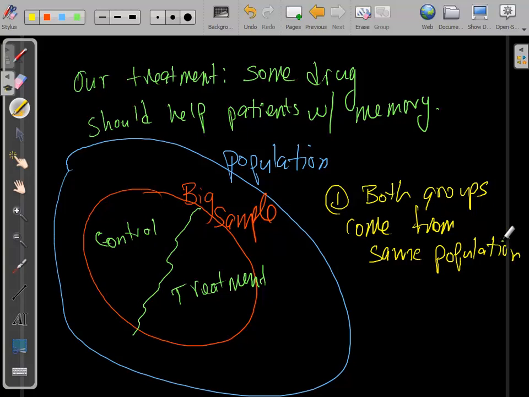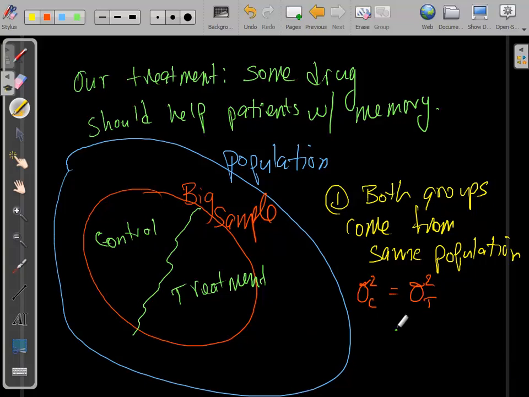So with that comes our first big assumption. For the independent t-test, we have to be able to assume that the control group's variance and the treatment group's variance are equal. Okay, so let me write it like this. Big assumption is that the variance for the control group should equal the variance for the treatment group, the population